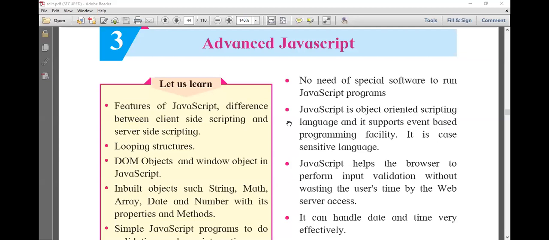But the main thing there is event based programming facility, because in the first point we said it doesn't carry all object oriented features, so here we can't say it is an object oriented scripting language. What we can say is it supports event based programming and case sensitivity. Okay, so event based and case sensitivity, it's right. Next feature.